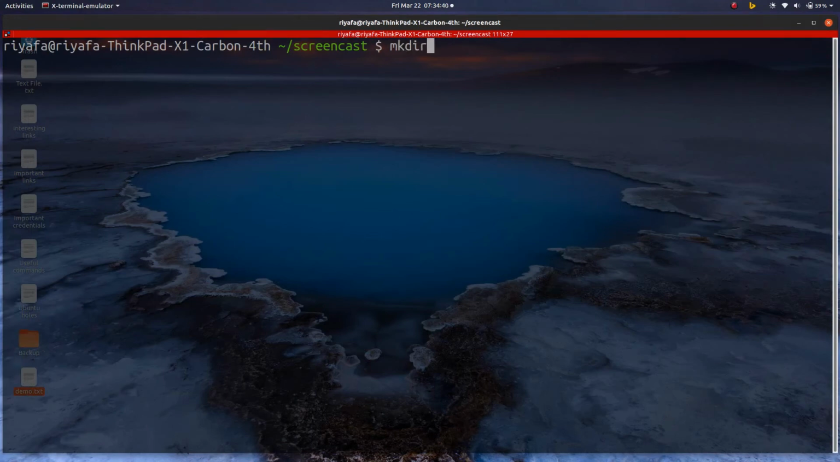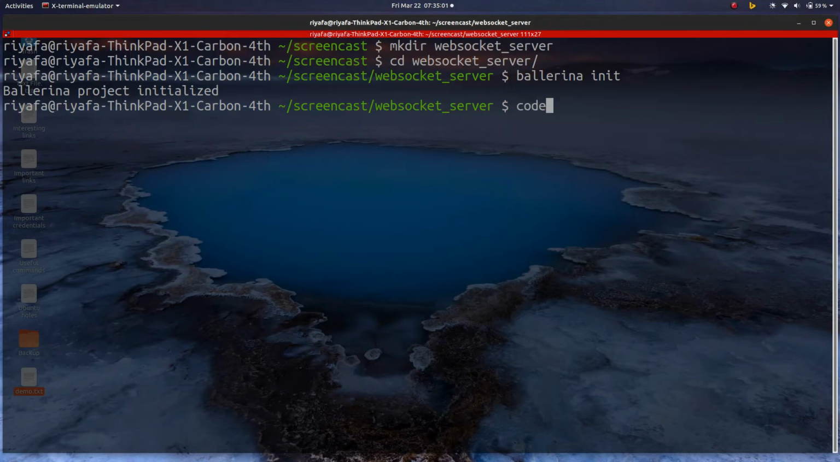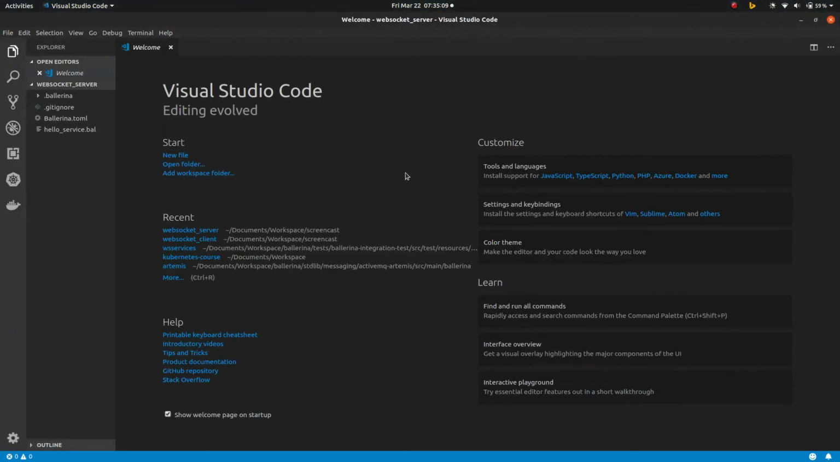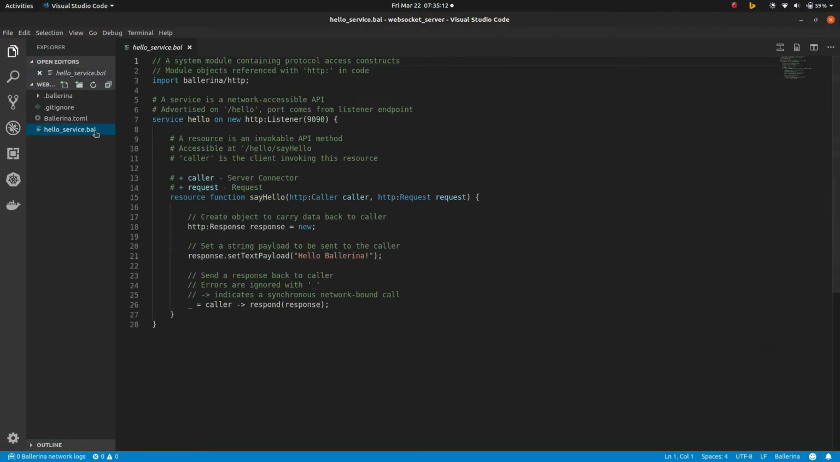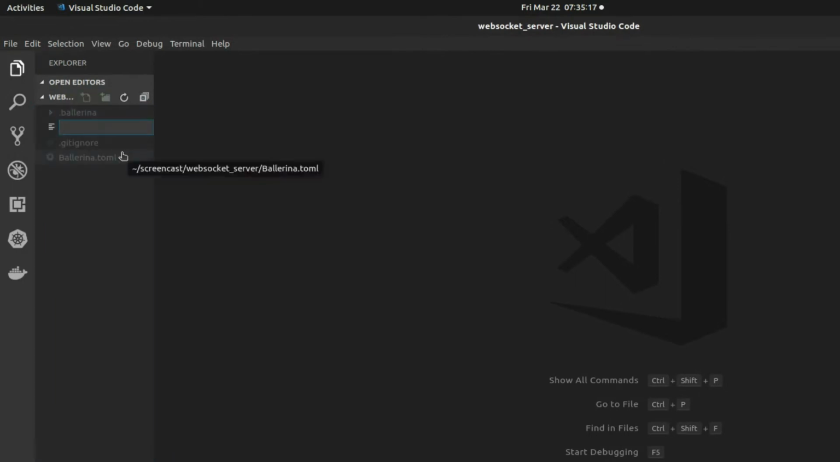Let me create a new directory for WebSocket server. You can do this using the graphical user interface, or you can do it using the command line. Let me cd into this and initialize a Ballerina project. The best thing about Visual Studio Code is you can use this command, give the folder path, to open Visual Studio Code in this project, and then I can delete this default created file and